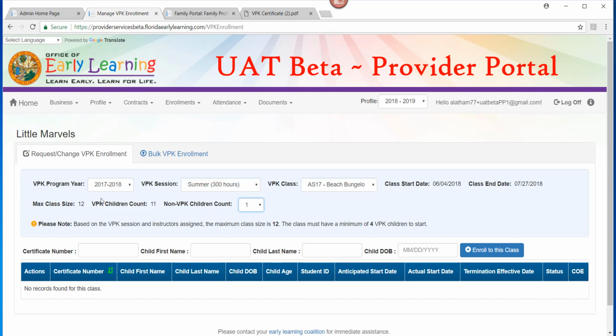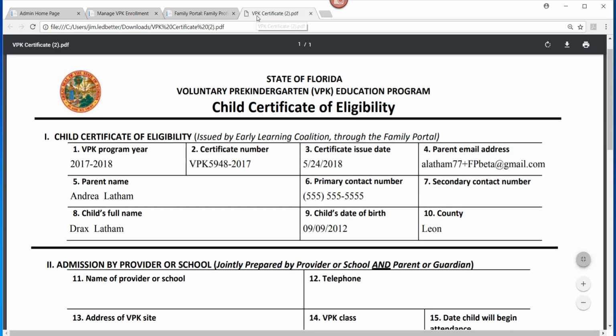This reduces the amount of VPK children available to be added to the class. As you can see, the max class size remains 12, the VPK children count cannot exceed 11, and there is one non-VPK child. At this point, the provider has their VPK provider application approved with their classes verified. These are the classes that we saw here in the drop-down. They've also been receiving certificates of eligibility from parents. We'll look at a certificate for a child,